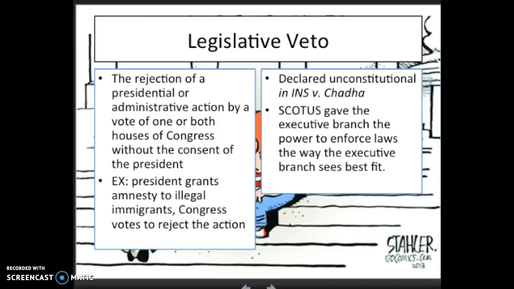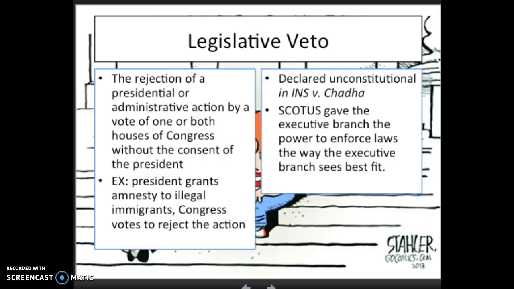The legislative veto is basically an attempt by Congress to reject something that the executive branch is doing. So it's similar to judicial review; it would be like legislative review of executive branch actions. When legislative vetoes existed, basically what Congress would do is vote to reject or deny the president's ability to